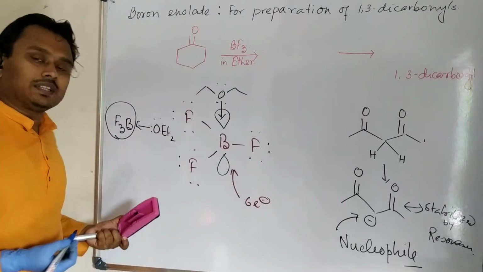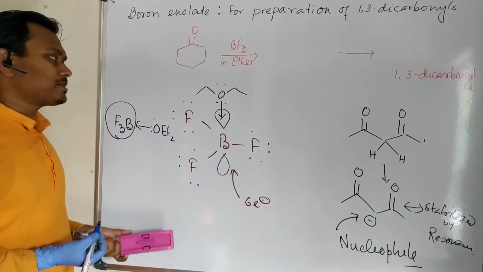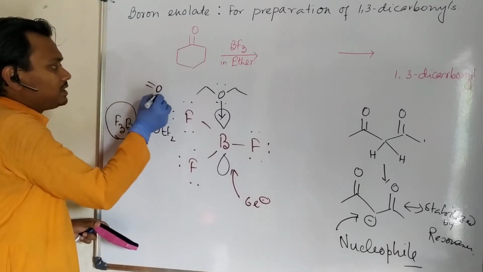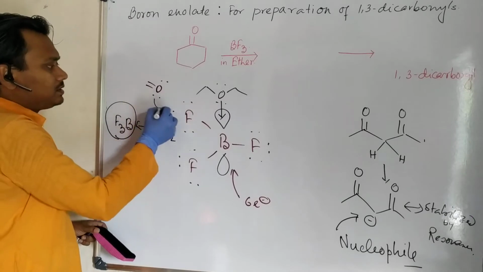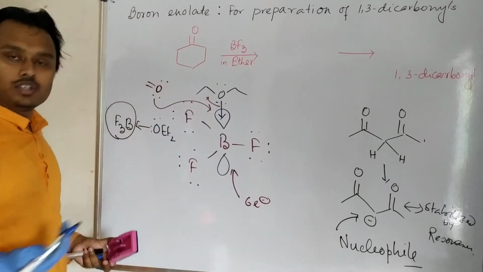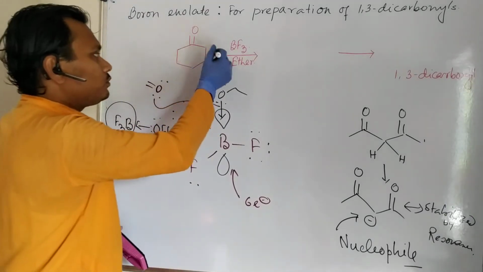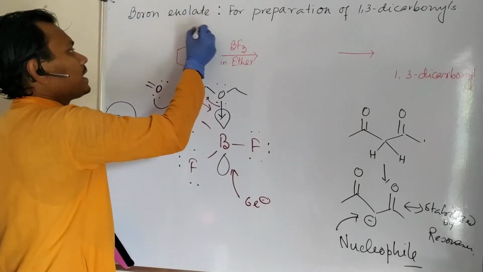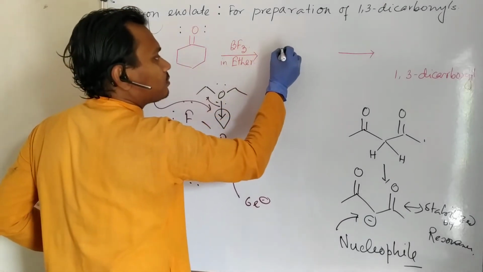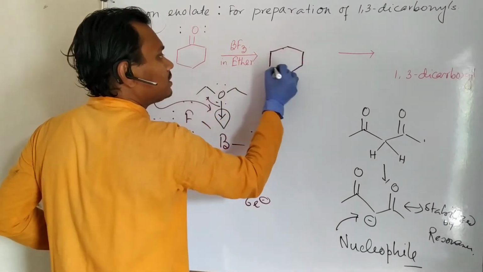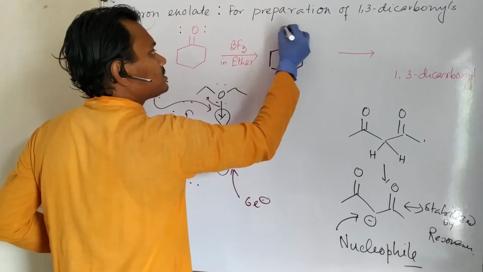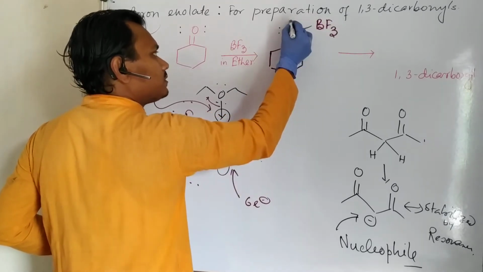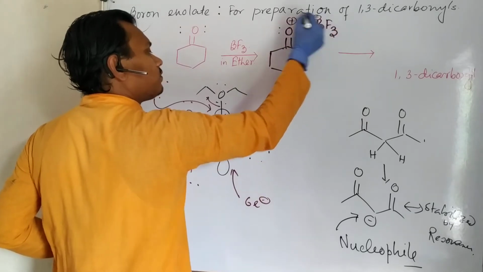So if you put another oxygen molecule, we can expect that there should be equilibration. Means if you add this, we can expect that this can donate and the ether can leave. So it's an equilibration reaction. So if we add this ketone to BF3, what can we expect? We can expect adduct formation, like this, with BF3. Oxygen will have the formal positive charge and boron will have the formal negative charge.